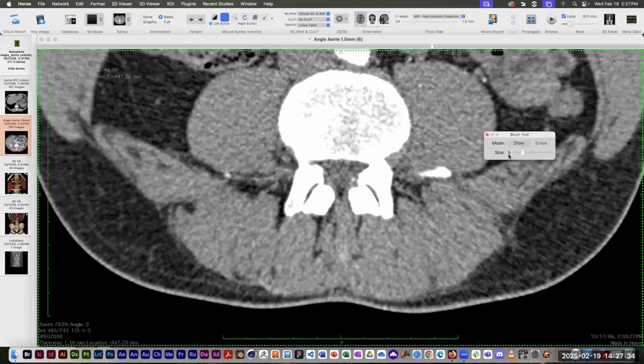So I'm going to use this brush tool, and I've done this before. You can change the size of the brush tool. It's like in pixels, I think. I've had pretty good luck with setting it on 3. You still get this really pixelated edge, and it's going to export a pretty ugly image because it's going to still be pixelated. But basically what I'm going to do is I'm just going to paint